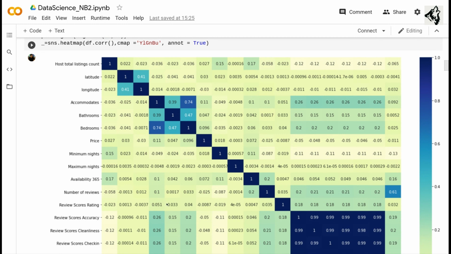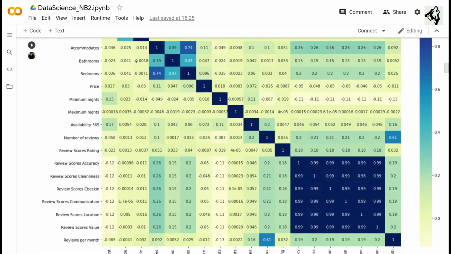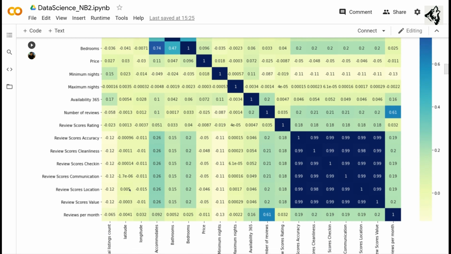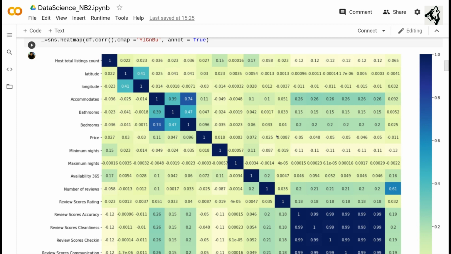Here you can see the cells of accuracy and cleanliness, which show a strong bond, whereas the cells of longitude and bedrooms show a weaker bond. So this shows us how strong the relationship between two columns is.